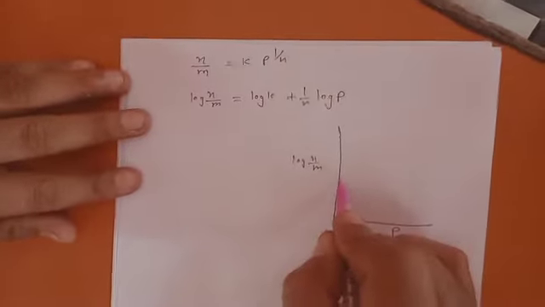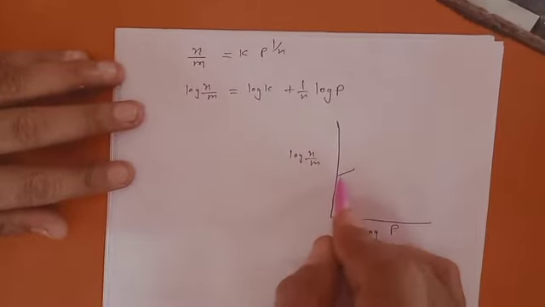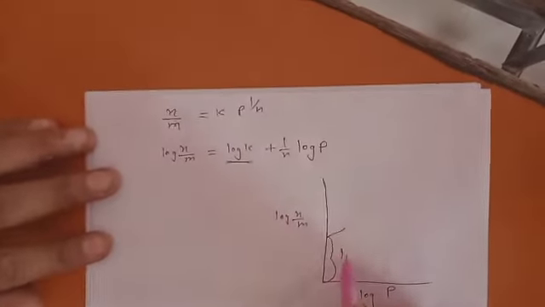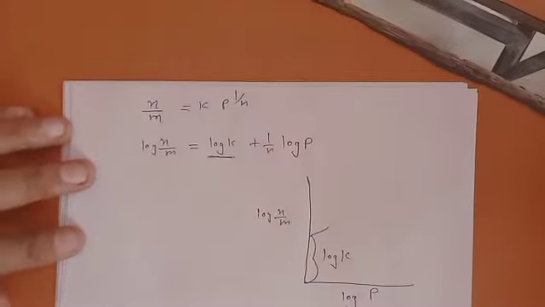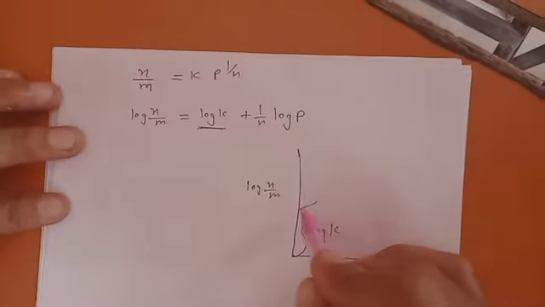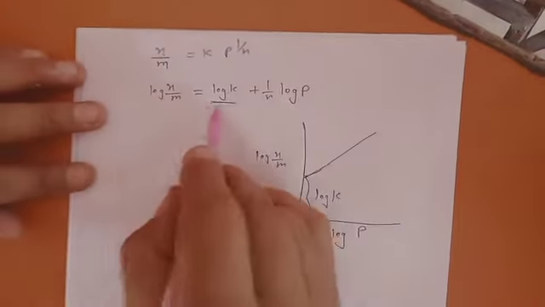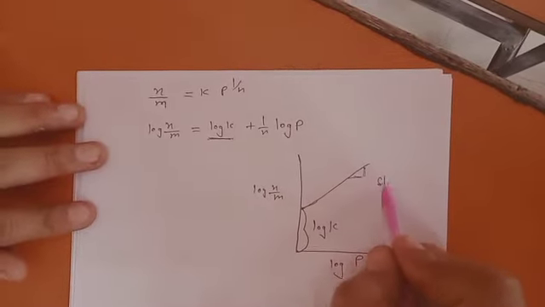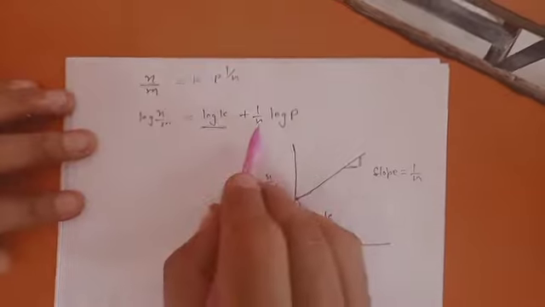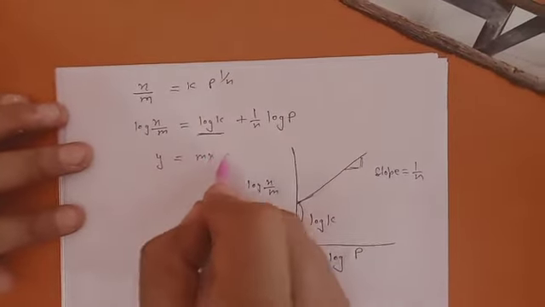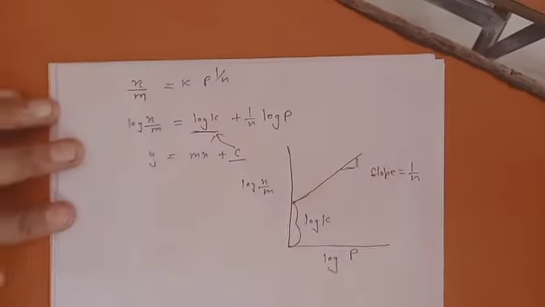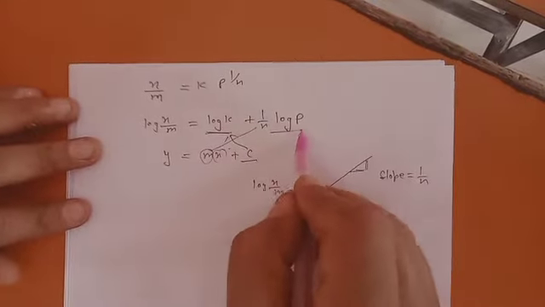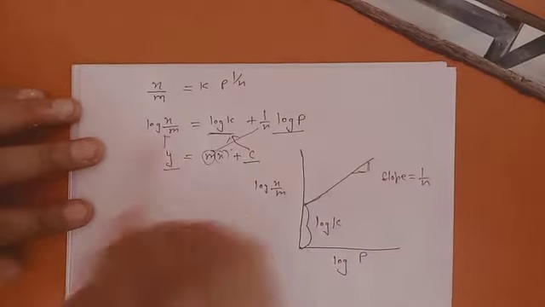In that case the graph will start from here, not from zero. Why? Because this K term gives you the intercept. So this value is log K, which is constant, fixed for the adsorbate and adsorbent. Now the graph moves linearly, because this represents the equation of a line, and if you find the slope of the graph, the slope will always be equal to 1 by n. You can relate this to the equation y equals mx plus c. This c plays the role of log K, that is the intercept. m is the slope 1 by n. x is your variable represented by pressure, and y is represented as log x by m.